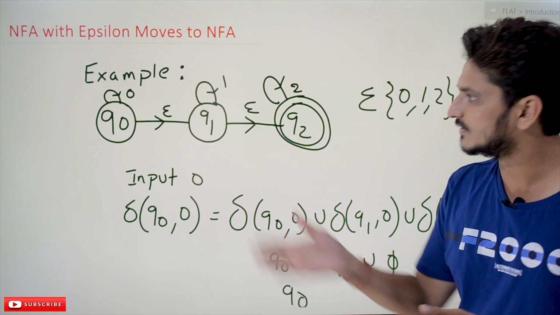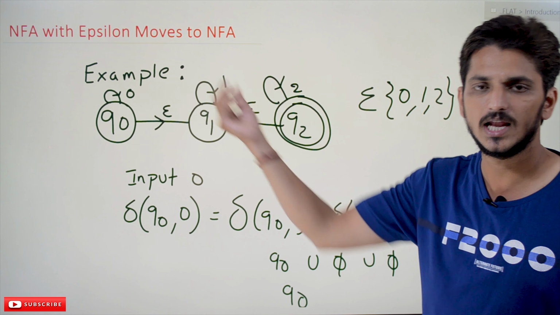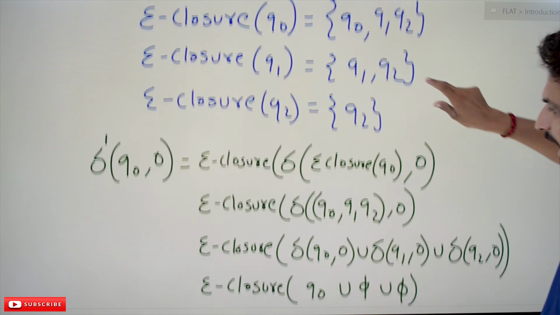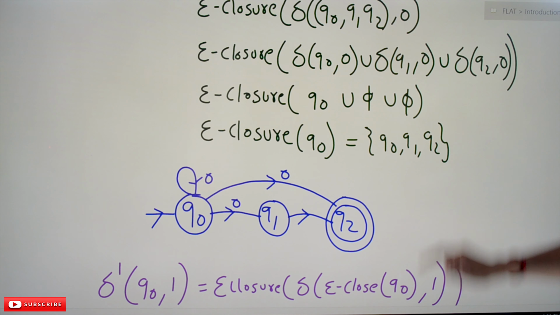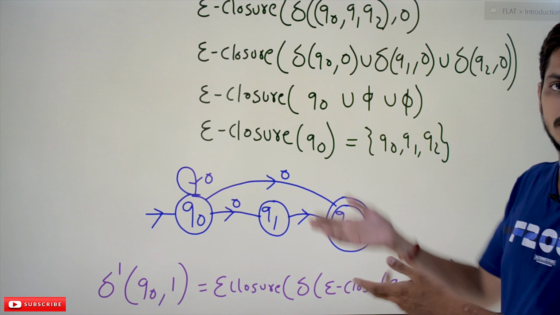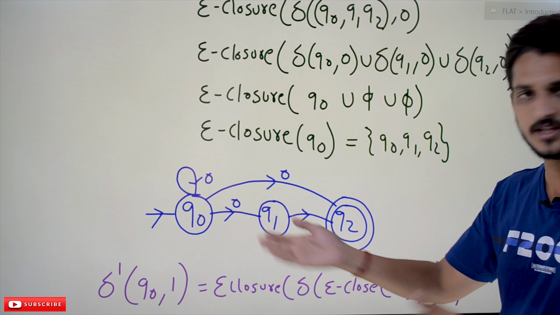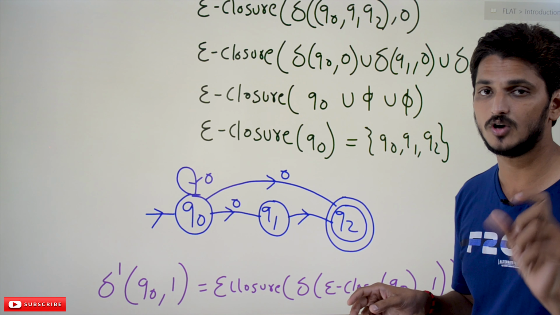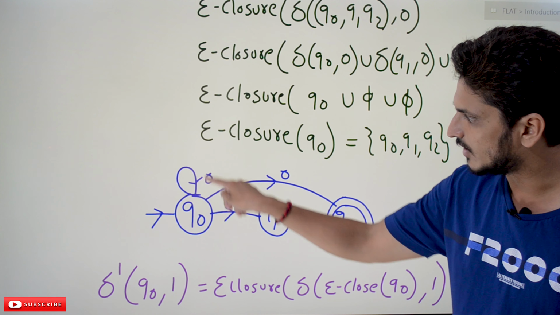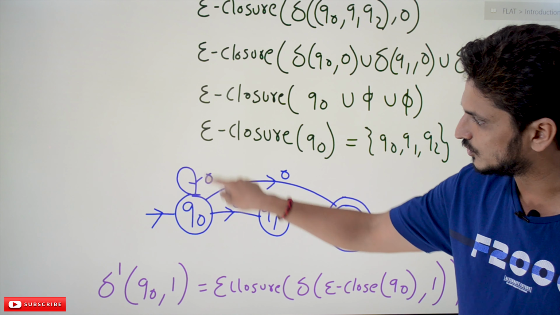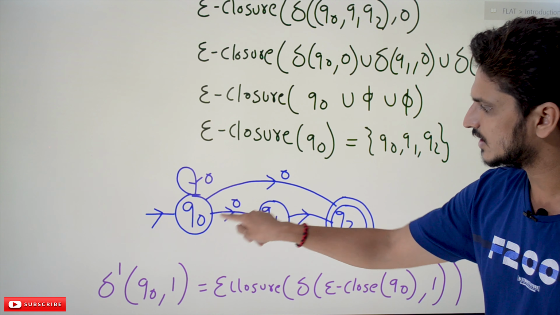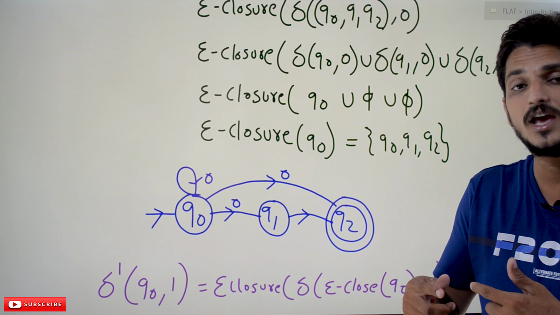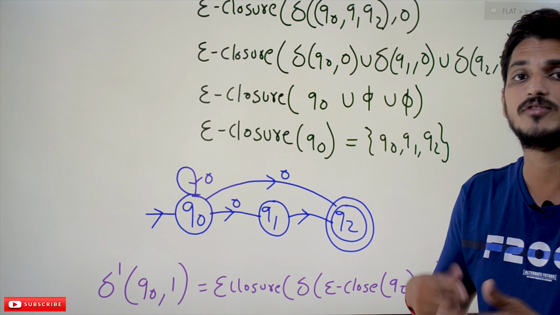The same thing, eliminating this epsilon, we converted this into NFA. If you eliminate epsilon, how many states are we moving to? The same thing, the above and below. There is no difference between them. Both are doing the same work. That is what you have to identify. On Q naught, if you apply 0, we are moving to Q naught state, Q2 state, and Q1 state. Similarly, you have to identify all the transitions of the NFA.